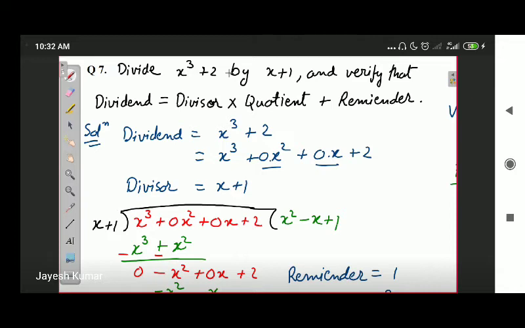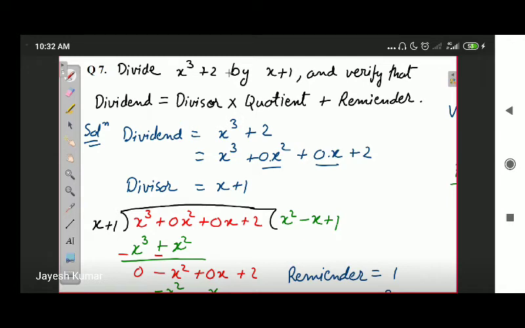Okay. So on your screen, you can see question number 7 that we discussed yesterday. What we have discussed till now is how to divide a monomial by another monomial, how to divide a polynomial by a monomial, and division of two monomials. Before we continue, there is a misprint in your book once again.